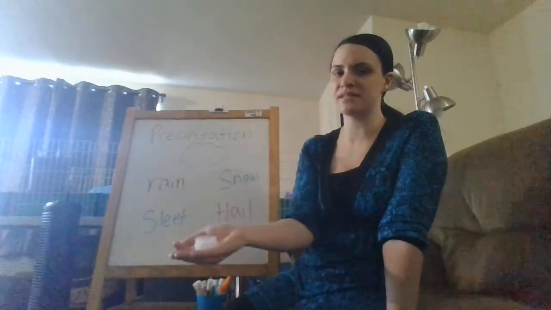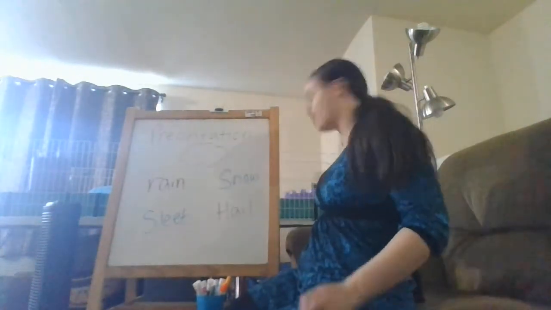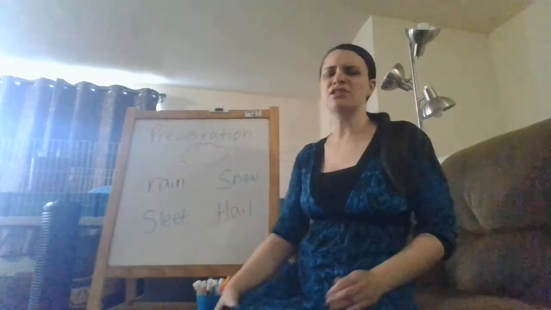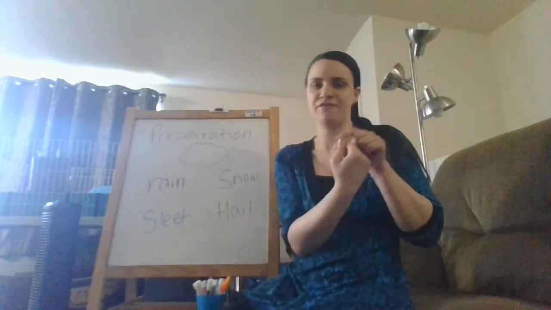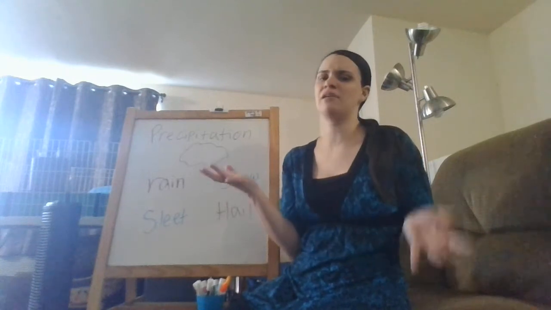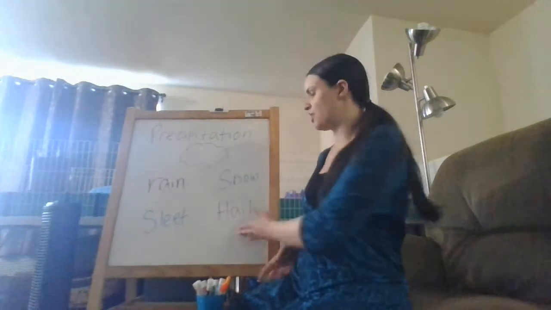This ice falls from the sky. And this happens during a thunderstorm, okay? Which most of the times happens in summer, but they're big chunks of ice. Remember we said they could be as small as like our fingernail or as big as like a golf ball, okay? So hail are big chunks of ice.